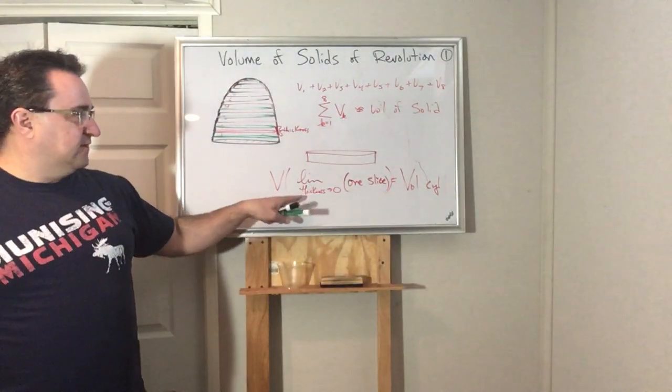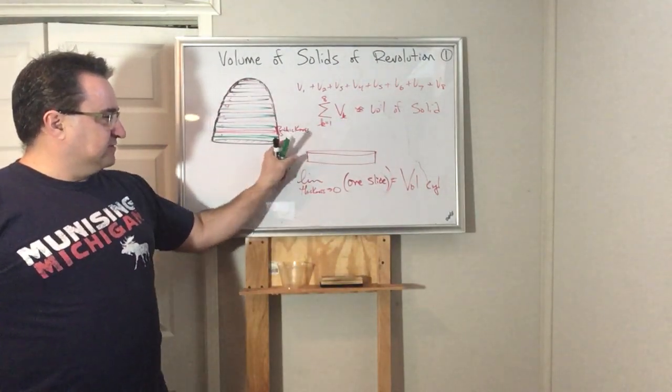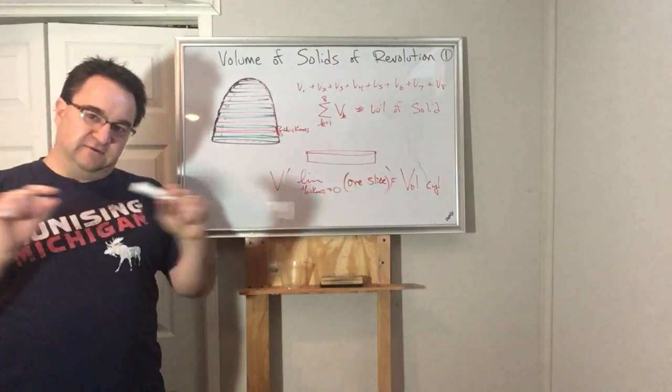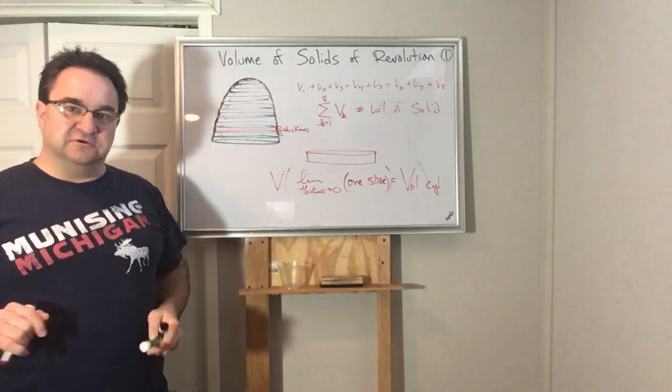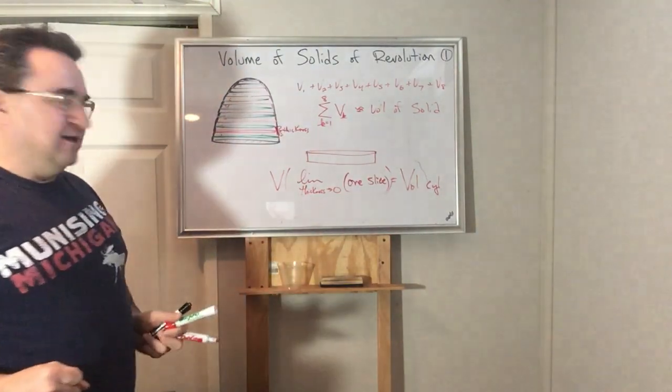Right? If I let that thickness go down to 0, that becomes a very thin disc. It's cylindrical in shape. I don't know if I'm doing a good job getting that across, but